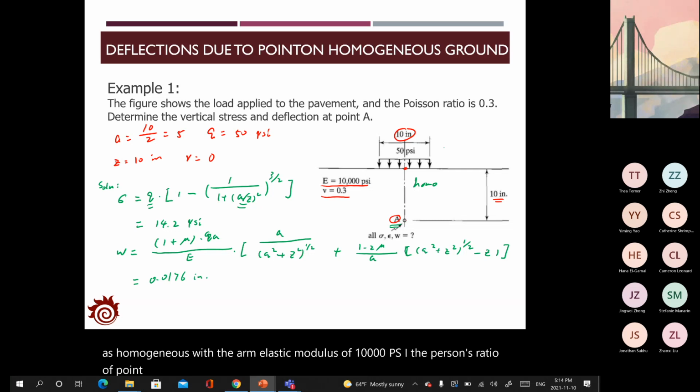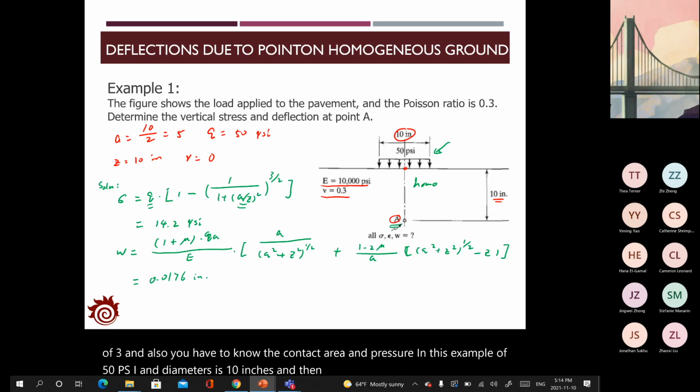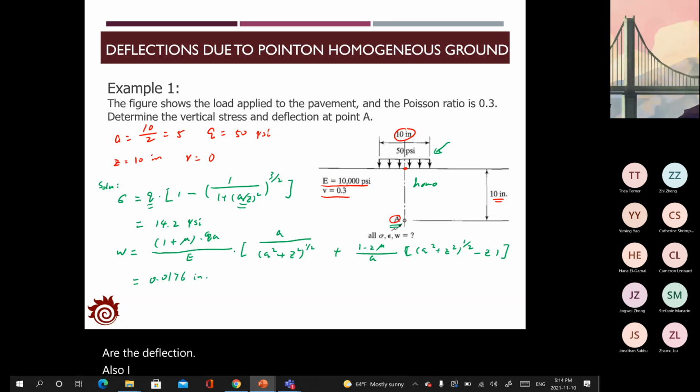And you have to know the contact area and the pressure, in this example 50 psi, and the diameter is 10 inches. Then you have all the information to do the calculation to find out the vertical stress and the strain, the deflection. So I think I will stop here and reserve the remaining 5 minutes for